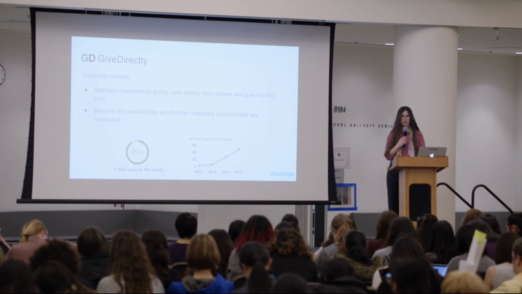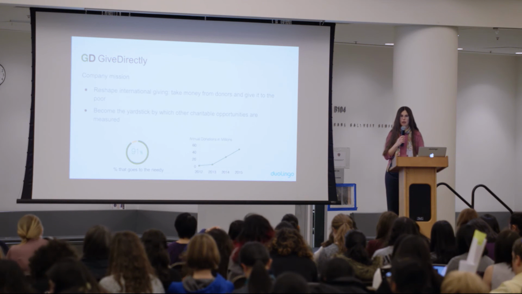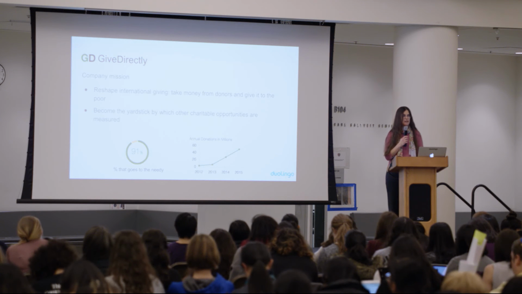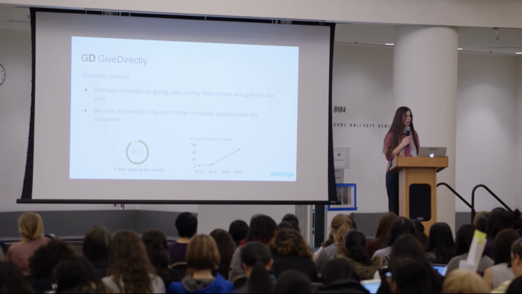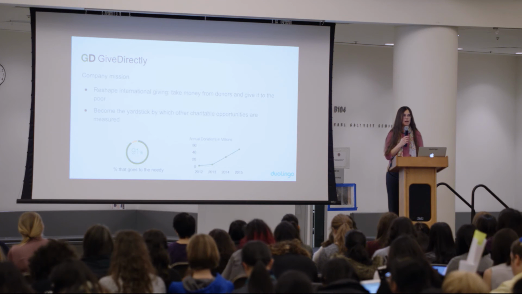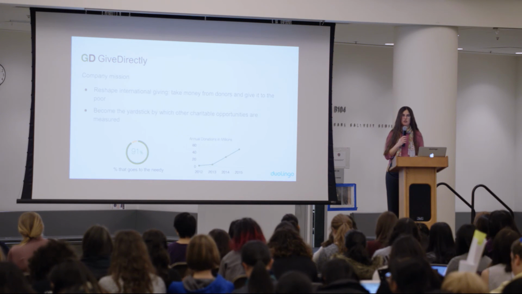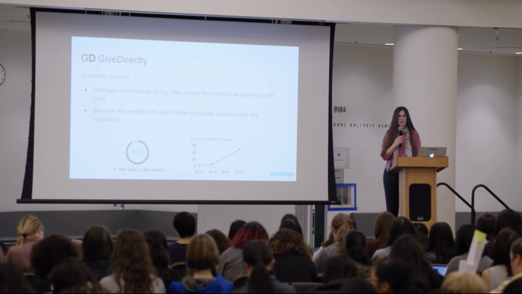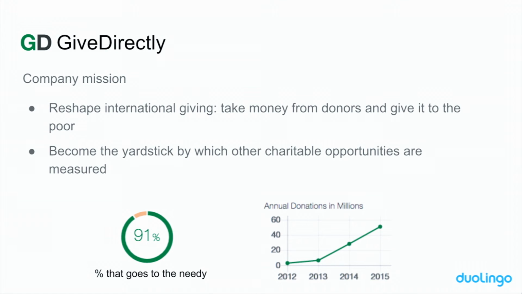Most charities, what they do is they go to a village that has serious needs, let's say a village in Africa, and they go and help build wells, or they give people cows with the idea that this will really make a big difference in their lives. And it often does. The idea behind Give Directly, though, is very different. Their idea is that people in need best know what they need the money for. So they actually take money from donors and give it directly to people. It's actually kind of revolutionary for a charity.